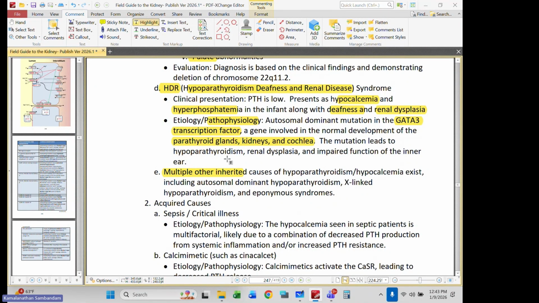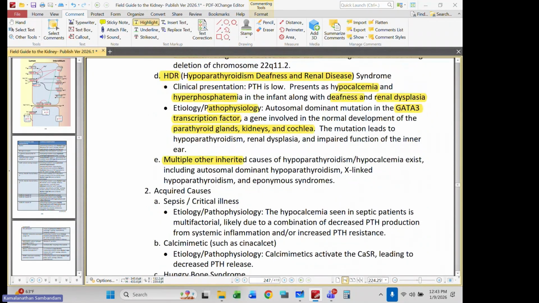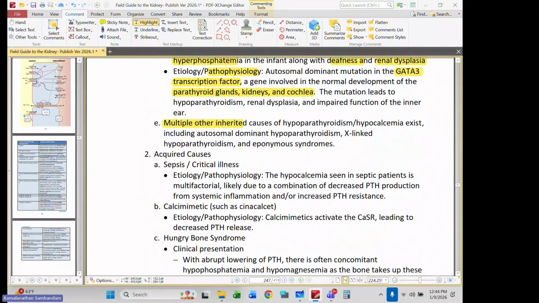There are multiple others. I guess I stopped myself at those esoteric forms. DiGeorge syndrome is the one that probably is the most familiar to you. So certainly reasonable to at least review that one. Okay, let's go to the more